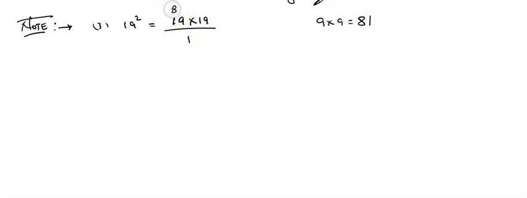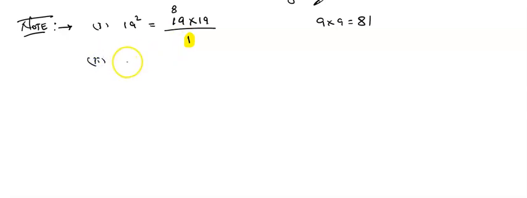Okay, example, here we had option 1, 19 square. You just check 19 into 19, but don't do the full calculation, just multiply the first terms. 9 nines are how much? 9 nines are 81. So we write 1 here and carry 8, correct? Now here only you can decide, we get unit digit 1. When you do 9 nines are 81, 1 and 8 came, so your unit digit is 1. So directly you can tell that it is not the right answer.